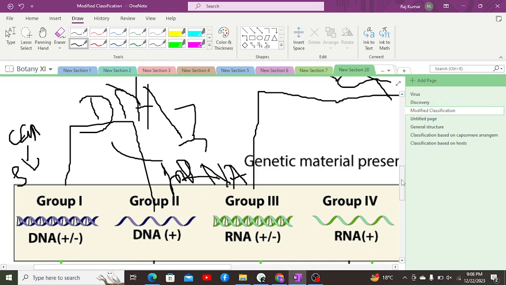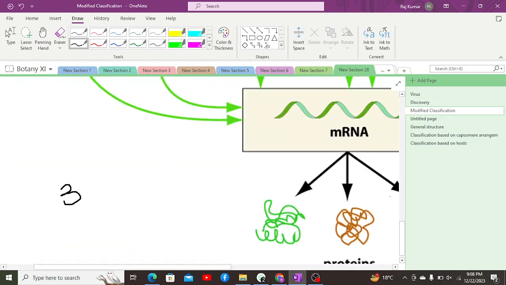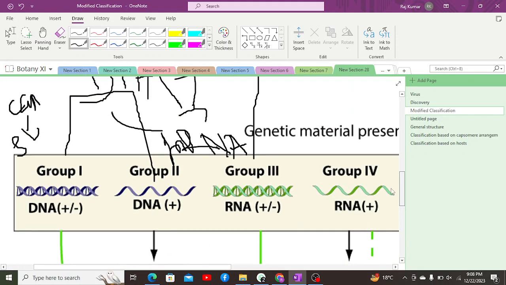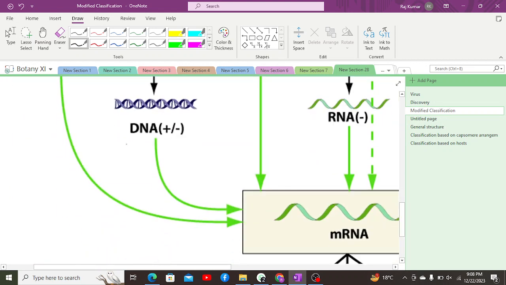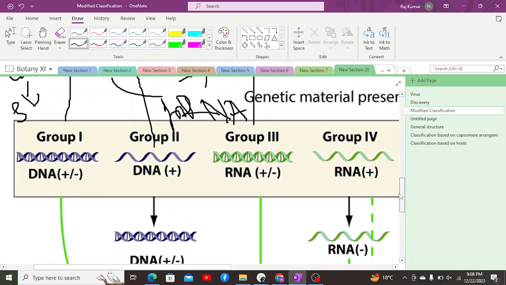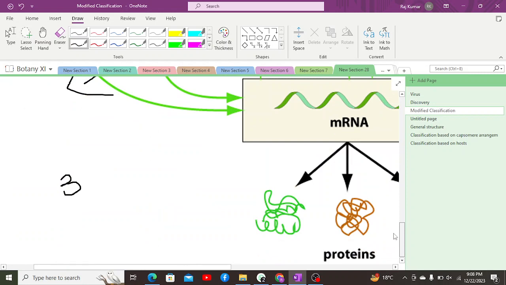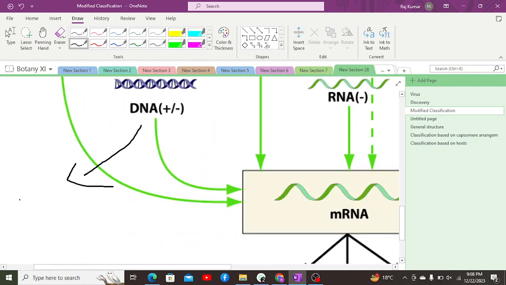One more thing over here, that here we are also having another characteristic, positive DNA virus. Basically, it is a single-stranded DNA virus. It is a DNA virus which is having a single strand which runs from 5 prime to 3 prime. Why does it run from 5 prime to 3 prime? Because the strand which it replicates inside the host cell would be 3 prime to 5 prime, and we know